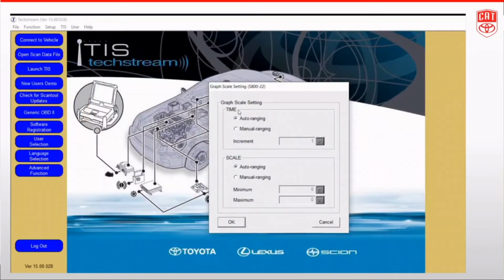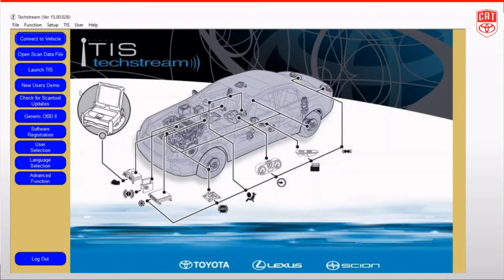For the time, typically you're not going to change the time. You're typically going to change your scale for the amplitude, basically, from auto ranging to manual ranging. That's typically the one you're going to be changing. But any one of these can be changed under User, User Preferences, and then you can change